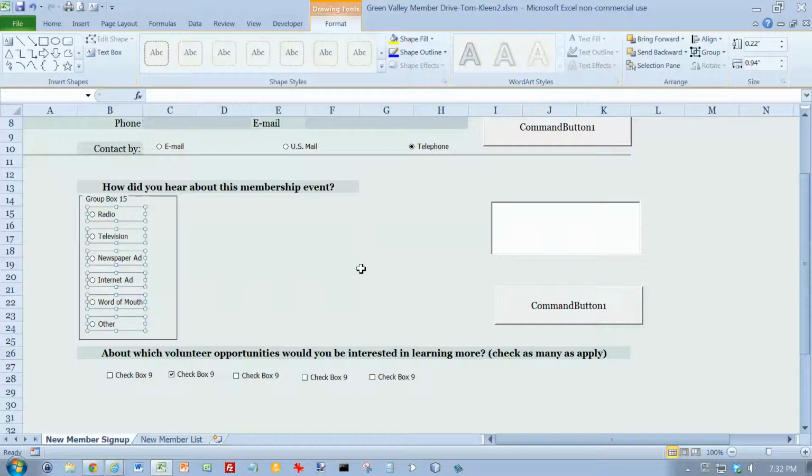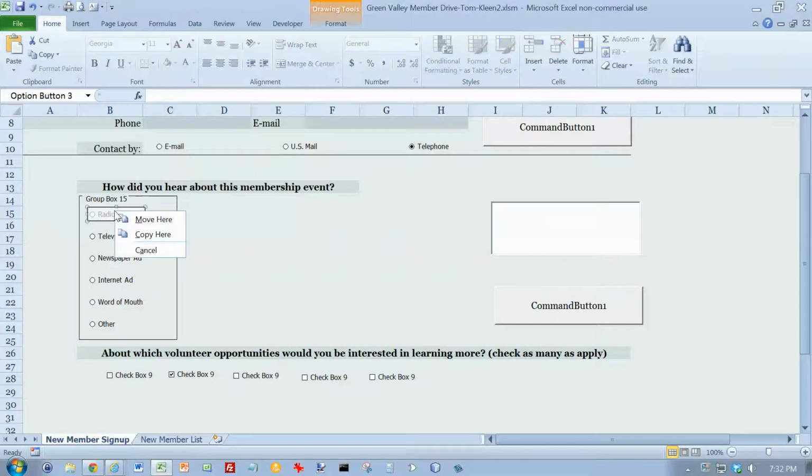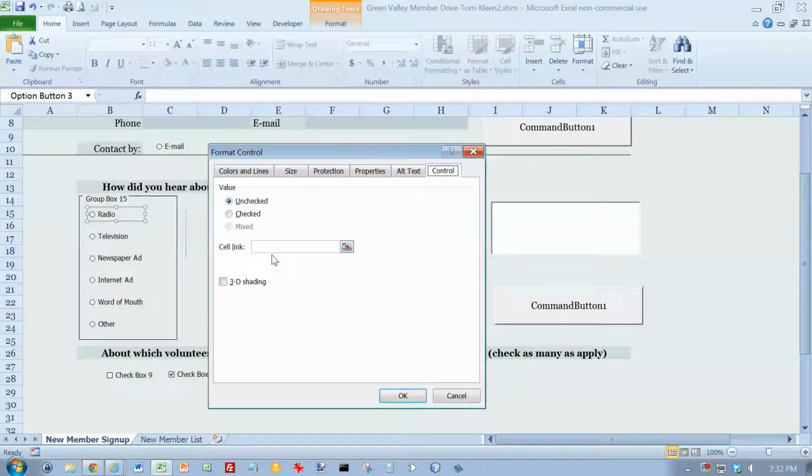And now right click the radio promotion button here. That's this one. It's actually not visible in my book on page 676, but that's the top item. And we want to format this, so right click and choose Format Control, and the cell I'm going to link this to is J40. Okay,